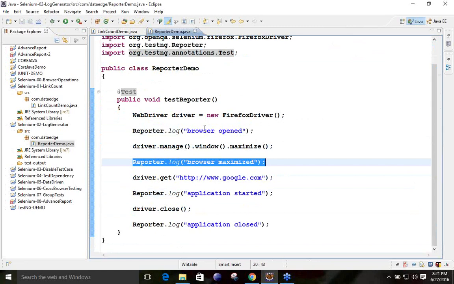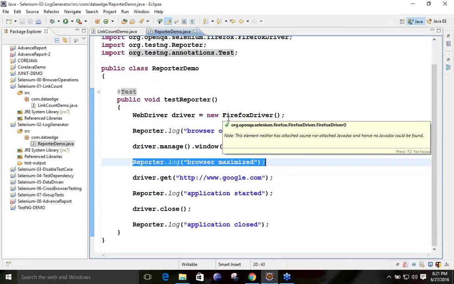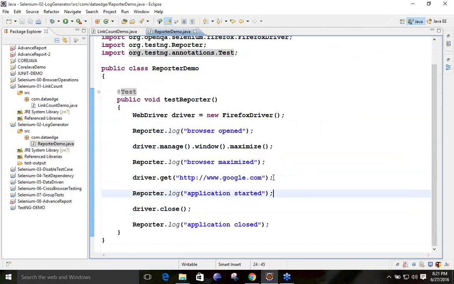You can give your message according to your need and according to the work you are doing. Same thing for every case.